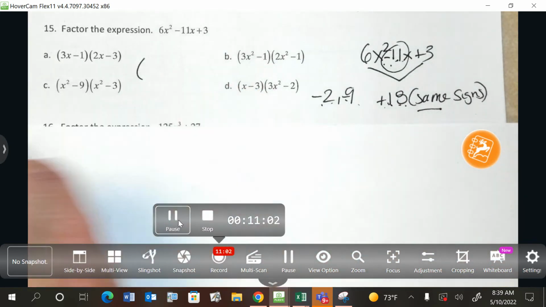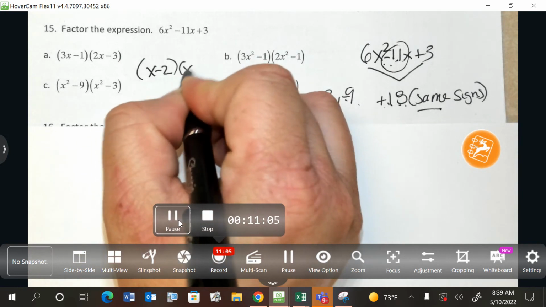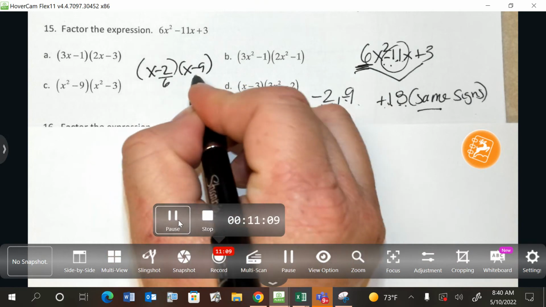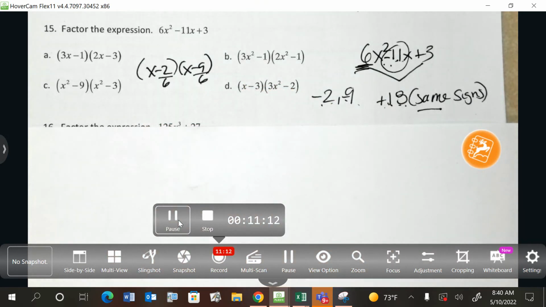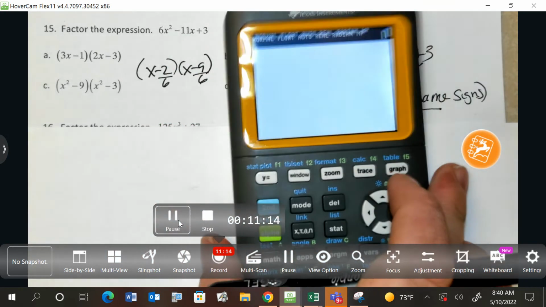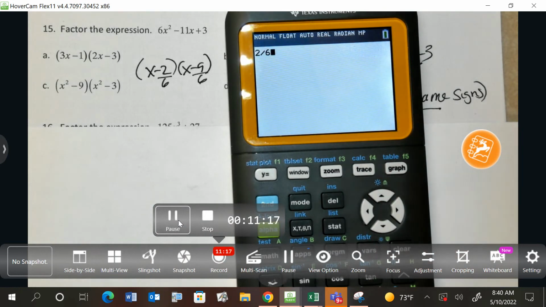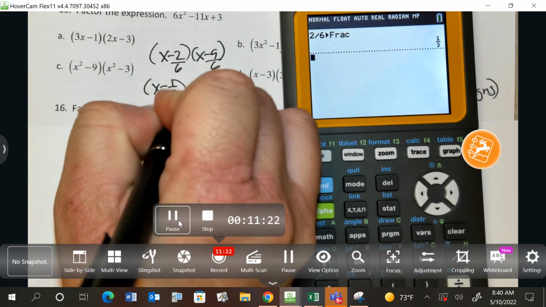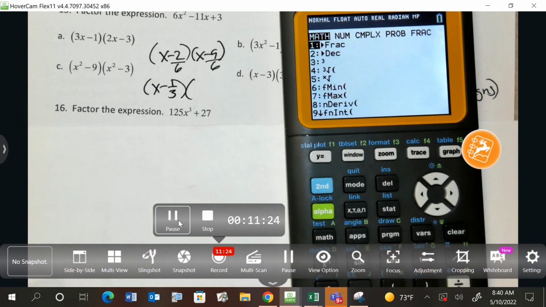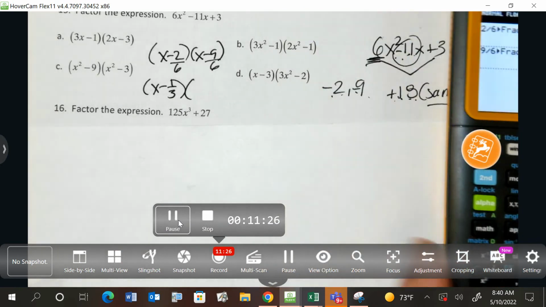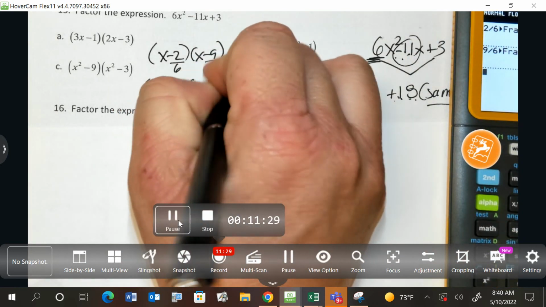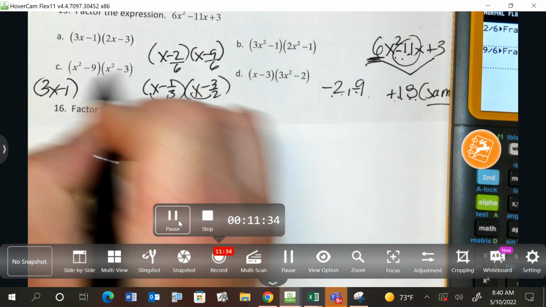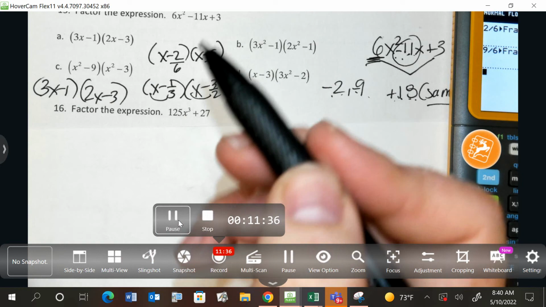So I'm going to go over here and write x subtract 2 and x subtract 9. And then remember, this leading coefficient has to go underneath. And as I stated earlier, if you are not good with just simple reducing, you can go like this. 2 divided by 6, hit math, and that will reduce it for you. So I have negative 1/3, and I can hit math, and I have a negative 3/2. And remember, the bottom's up and bottom's up. So I have final answer of 3x minus 1 and 2x minus 3. And that answer could be found